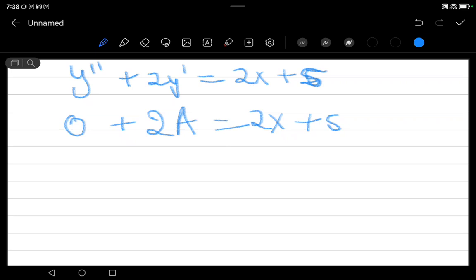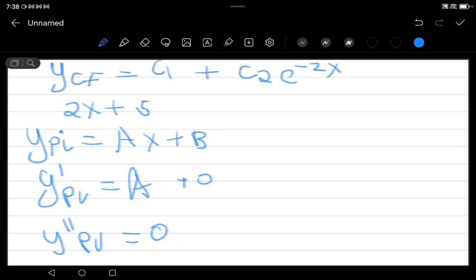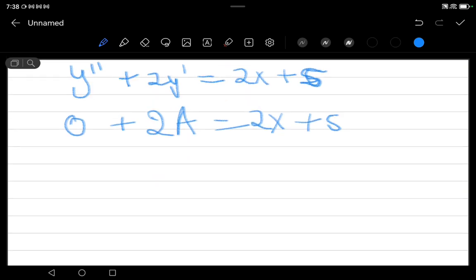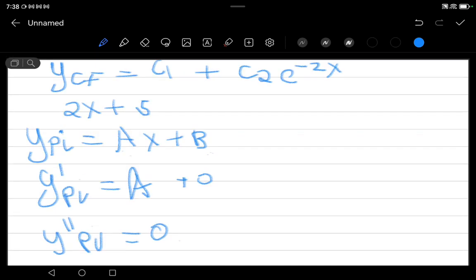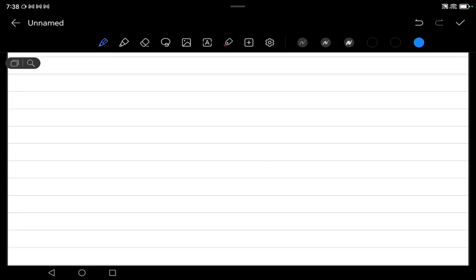As you can see here, remember our YPI has 2 constants, but here we only have one constant. Which means we can't solve this, because we are looking for 2 constants, a and b. So what we're going to do here, if we are to solve it further,